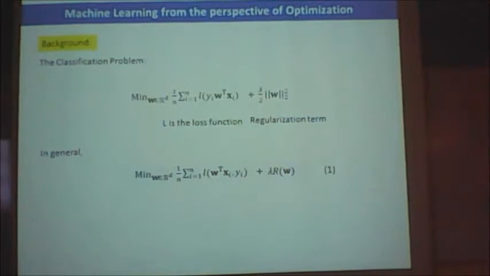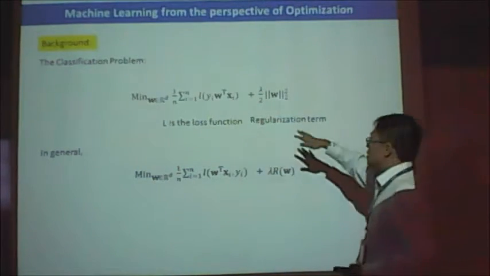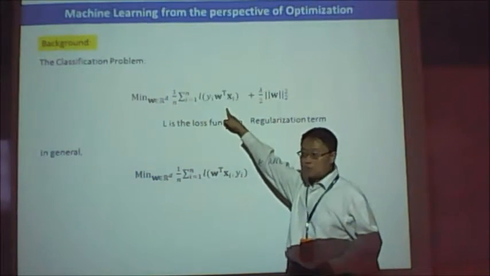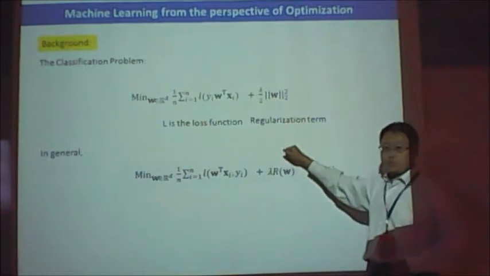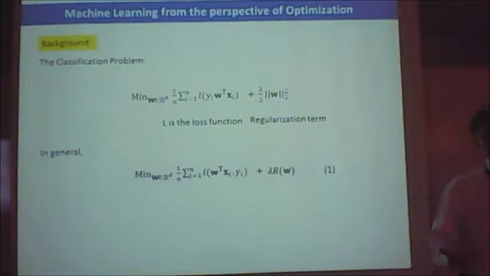Right? So basically, your classification problem will do something like this. The only difference is what we fix for the loss function and what regularization term we are going to use. Okay, so of course the most common one is your L1 regularization. L1 regularization is also called LASSO. Some of you have looked at it.